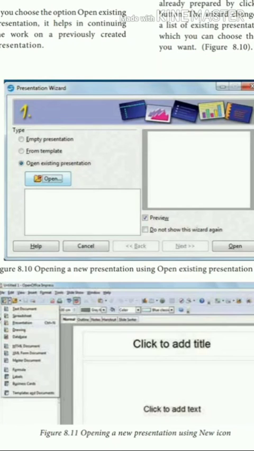Okay, so here you can see empty presentation, from templates, open existing file. So you have to click the third option. When you click the third option, a button will appear under it saying open. Okay, so when you click on that, it will open a new window which will show you the path. It will show you the path where the existing file is present, and then click OK to create a new presentation document. Okay, so next is